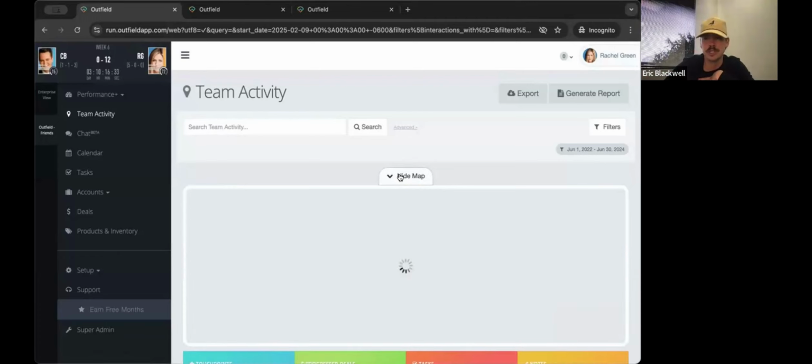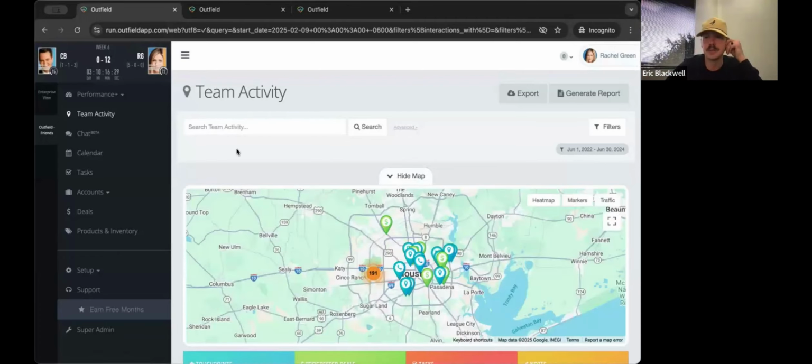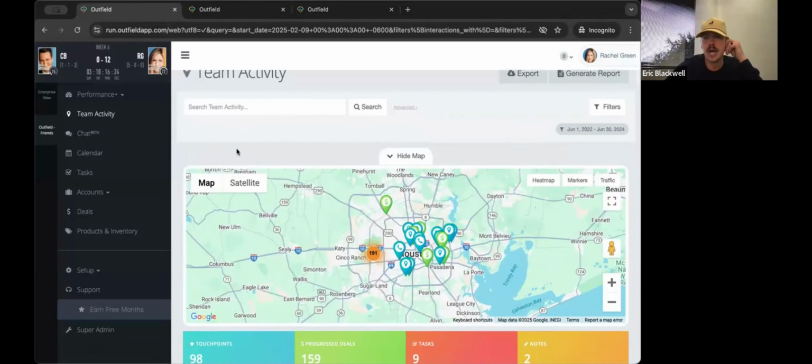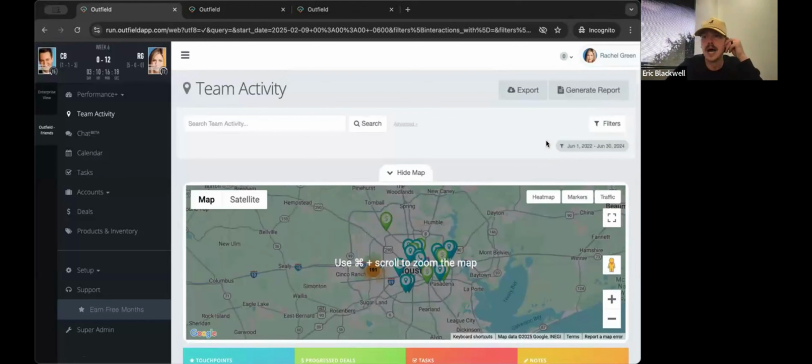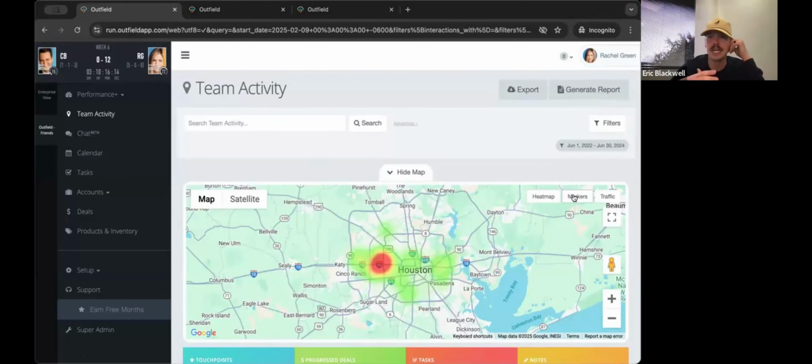But if you want to load it up, we just open this up and it brings up our map. As a lot of you know, this team activity page basically shows us history of our activity. We can see where the different locations that those activities were taking place at. We can see aggregated touch points here as well. And we can layer heat on these maps, turn our markers off,